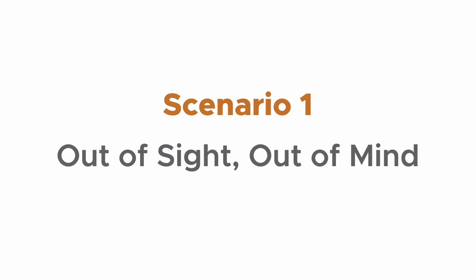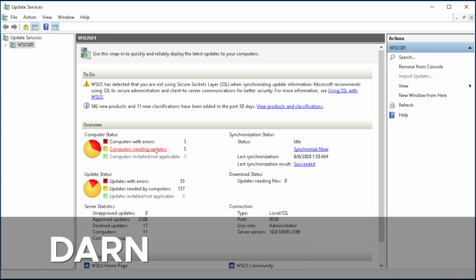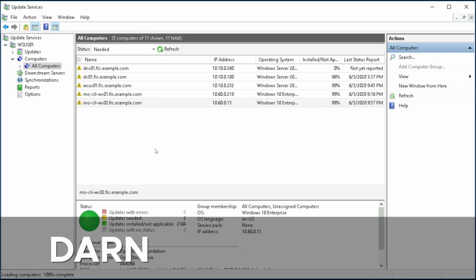In our first scenario, somebody has been gone for an extended period of time and their system has been turned off. That person is now returned and the system is back online but missing patches. How do we notify users that their system is vulnerable, and what actions can be taken if those users ignore the notifications? In the DARN environment, a system administrator has access to WSUS to see the status of computers in